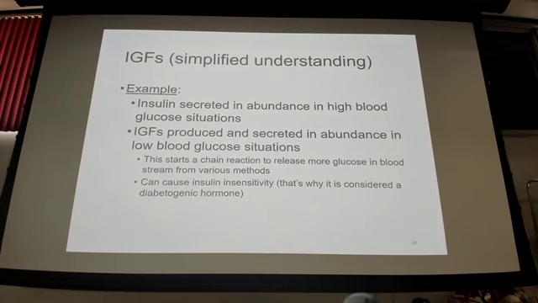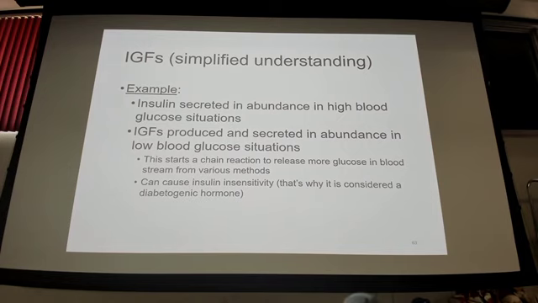When I said a second, I mean a literal second, because here we are. So, high blood glucose, hyperglycemia: create insulin, bring it down, right? IGFs, if we have a low blood sugar situation. So what do IGFs go hand in hand with? What is the counteract? What is the evil twin brother of insulin? Glucagon, right? So they have similar net effects, although IGFs have a much more potent effect because they also work on fatty acids and other tissues in order to break down to make that gluconeogenesis, right?